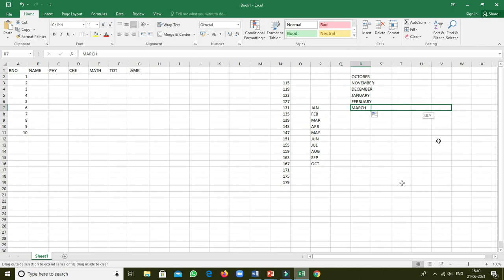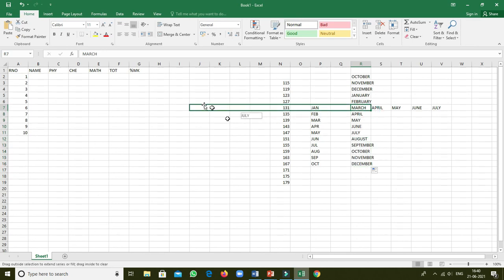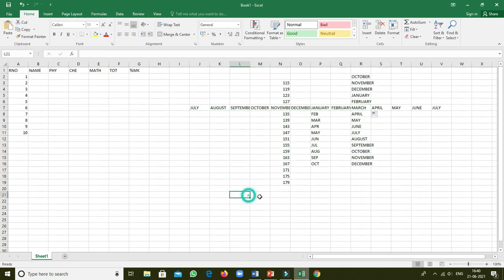If you drag to the right, this is the output. If you drag down, here also it increases. If you drag to the left, here also it decreases. Okay. So these are the basics related to autofill.